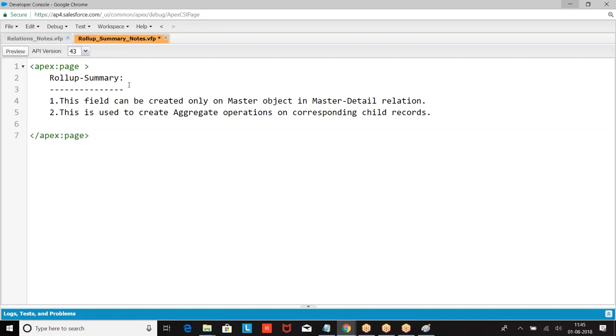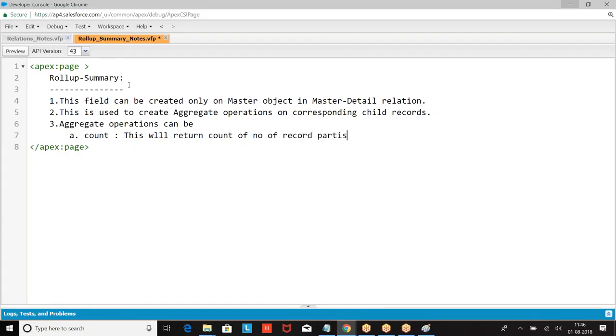What types of aggregate operations can we create? Count: this will return the count of the number of records participating in the relation.